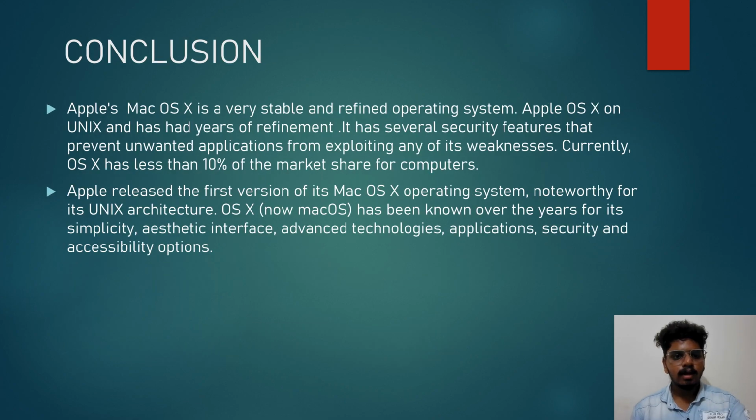Now let's conclude. Apple Mac OS is a very stable and refined operating system. Apple OS X is based on Unix and has had years of refinement. It has several security features that prevent unwanted applications from exploiting any of its weaknesses. Currently, OS X has less than 10% of the computer market share. Apple released the first version of its Mac OS X operating system, noteworthy for its Unix architecture. OS X has been known over the years for its simplicity, aesthetic interface, advanced technologies, application security, and